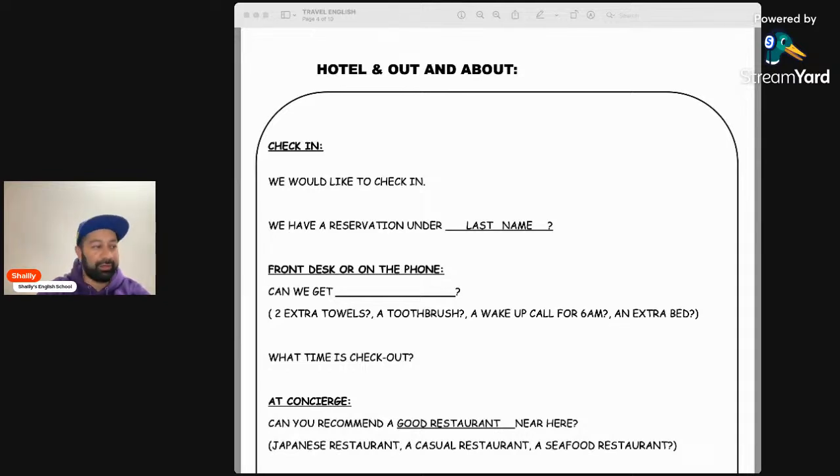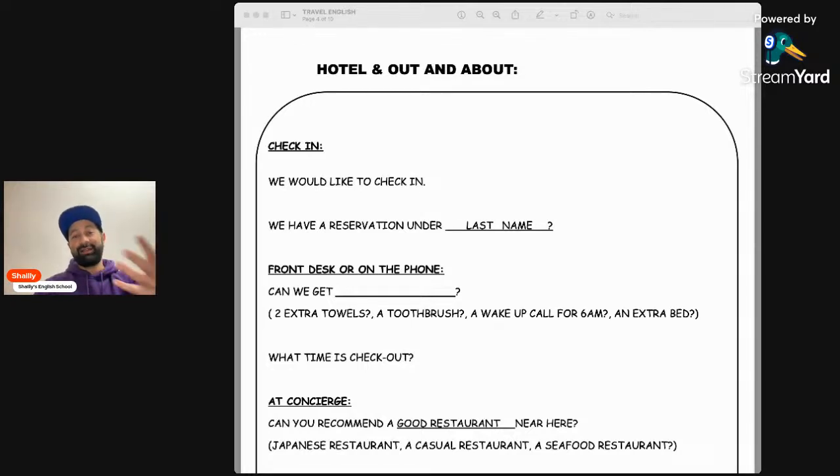So let's get started. We're going to start with hotel English. Today's lesson is going to be a little bit challenging, because what I'm going to do is give everybody all of the phrases that we will use at the beginning of the lesson.